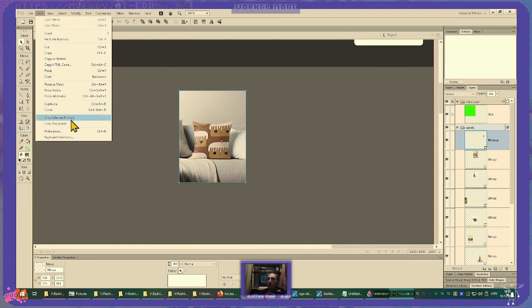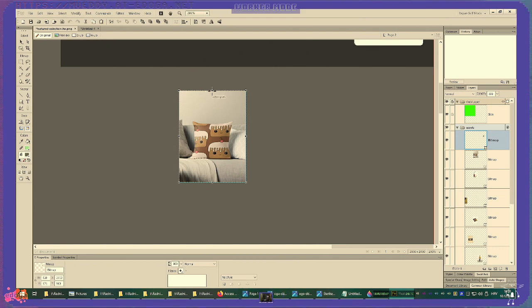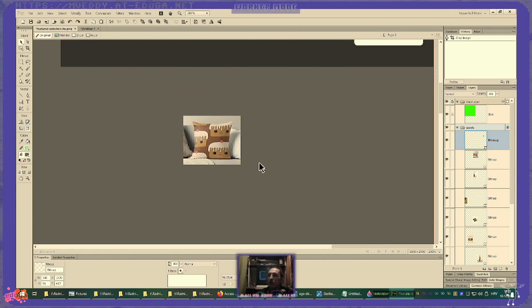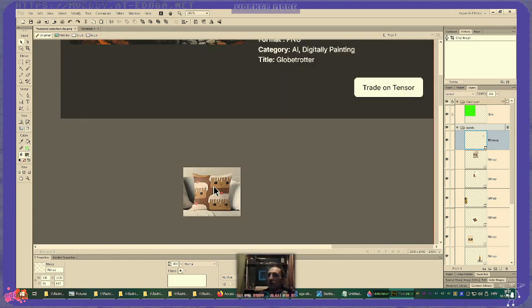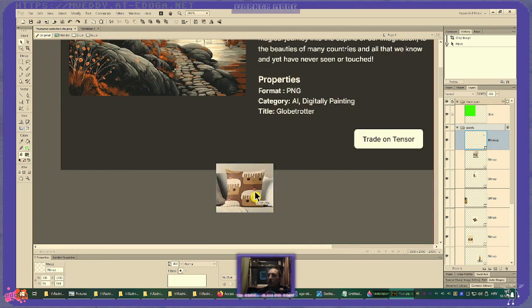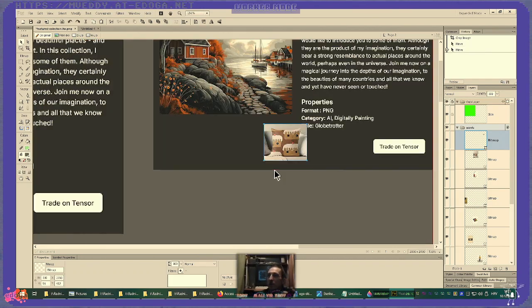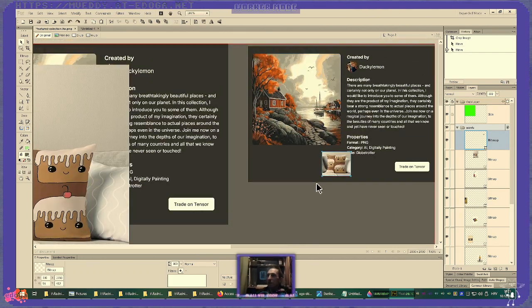Set crop, the bitmap. Hit enter. Okay, so it still works well without the extra bits, and at 100 level